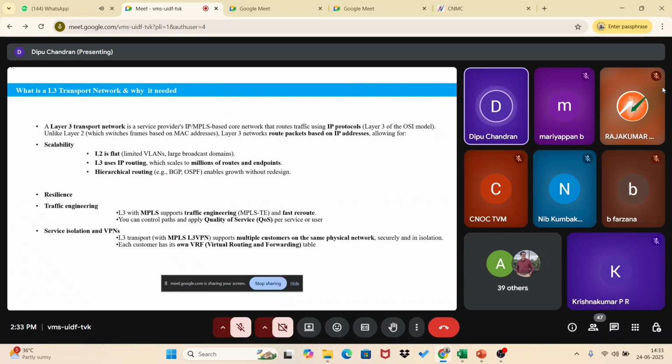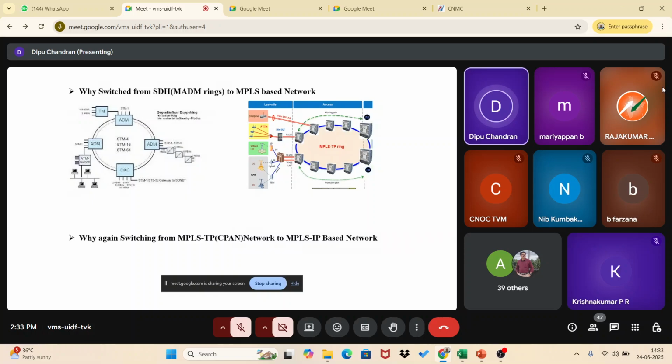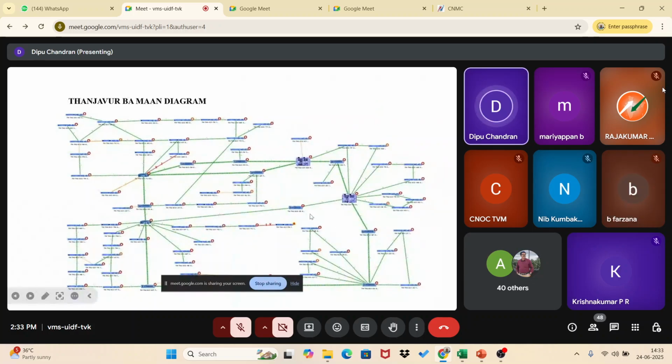Even in CPAN or our MAAN cases, when we have to add a network element to the existing ring or topology, we have to do a lot of work. That much need not be done in L3. And we have resilience, because the network will be resilient if we have n number of paths, and a path will be taken automatically. Here also some paths are there. Whenever a link is cut, traffic will be routed via any of the available paths.